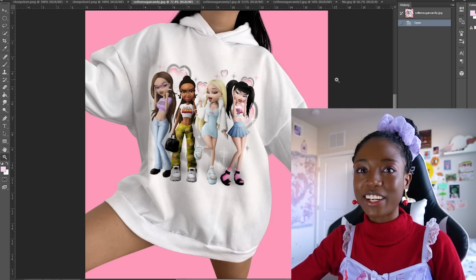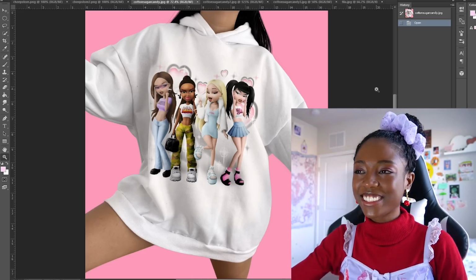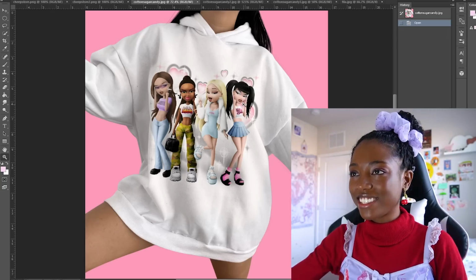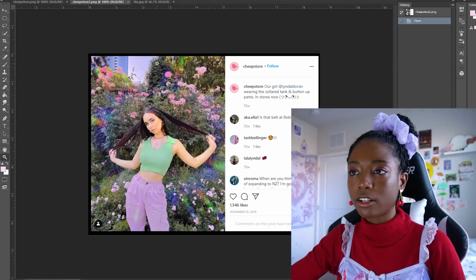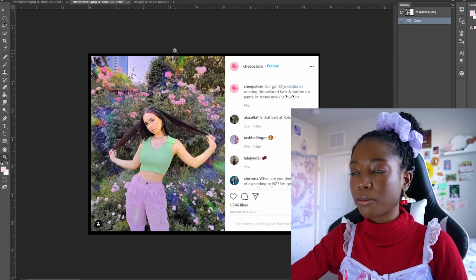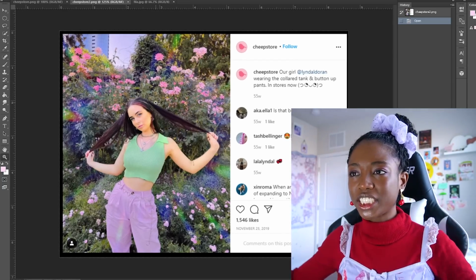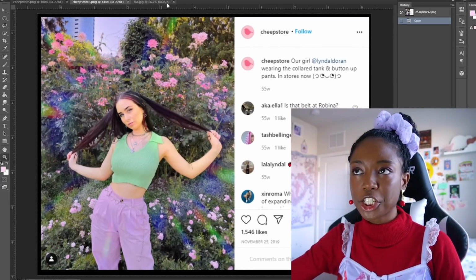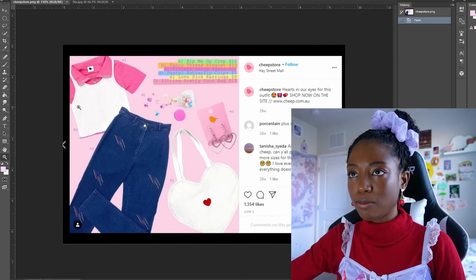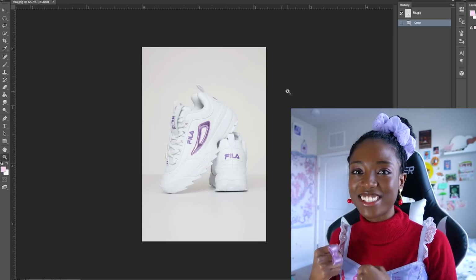I thought it could be really cool to reference another kind of girl power franchise from the 2000s. So this Bratz sweatshirt. I was also thinking if I was going to style her along the Y2K aesthetic, that she would be really good in one of these polo shirts. So this is from cheepstore. I also think that these pants would do really well with Aisha. And also these are from cheepstore. This polo shirt with the overshirt on top of it would be really nice. And then lastly, I really want her to wear a pair of chunky filas. Like